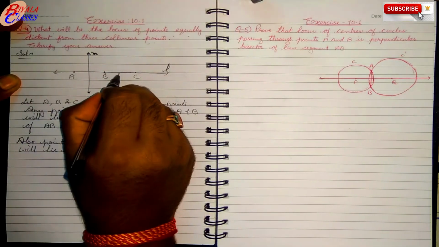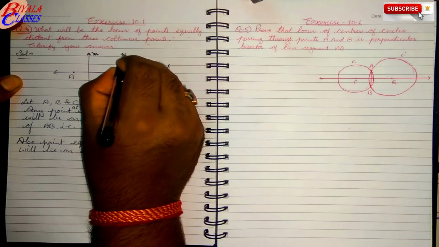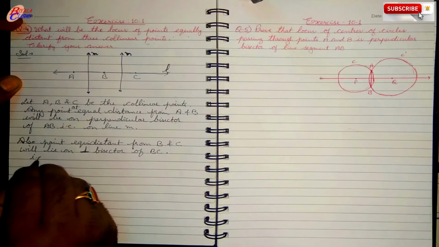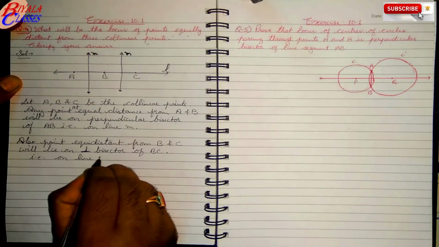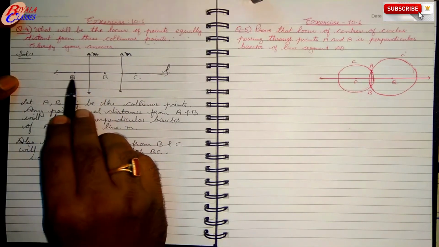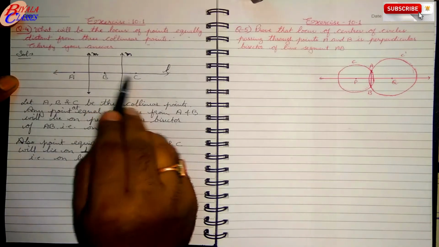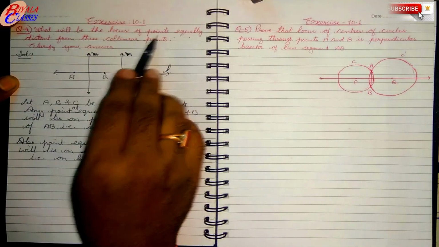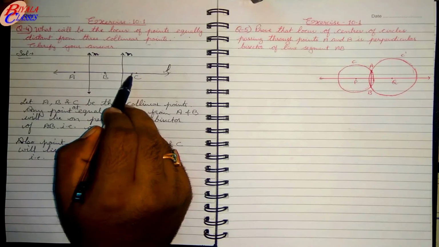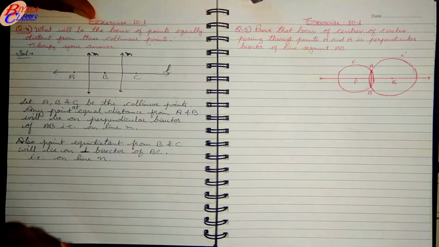Now where will that lie? That will lie on the perpendicular bisector of BC. So perpendicular bisector, again it is a line, say line N. It is line N. So you can write here that is on line N. So any point which lies on line M will be at equal distance from A and B, and any point lying on this line N will be at equal distance from B and C. But what we need is that point which is at equal distance from all the three A, B and C. So that will be possible if these two lines M and N have any common point.